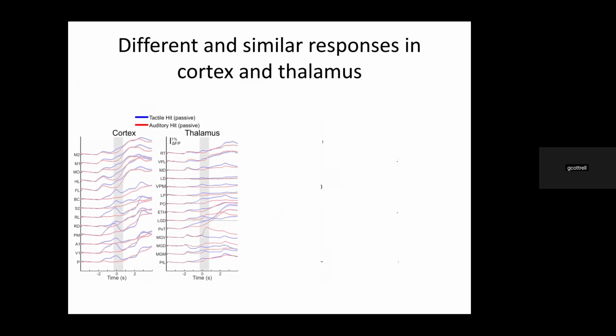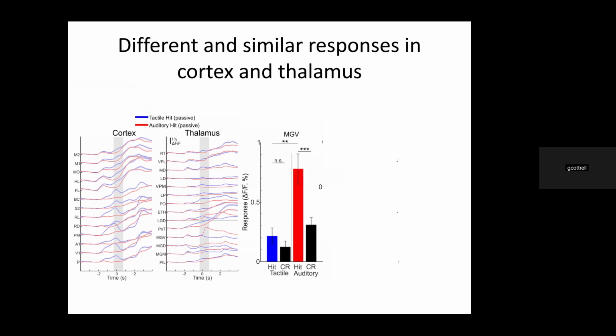So now we look at the time course. Again, thalamus and cortex, you can see all kinds of dynamics when we compare tactile hits versus auditory hit trials. Again, in the passive case, not moving much. What I do want to highlight is some thalamic areas. So for example, MGB, that's an auditory thalamus, classical, lower order, higher in hit auditory compared to correct rejection auditory, and not much in tactile. VPM is kind of the classical, lower order whisker thalamus, higher in hit compared to correct rejection in tactile, but